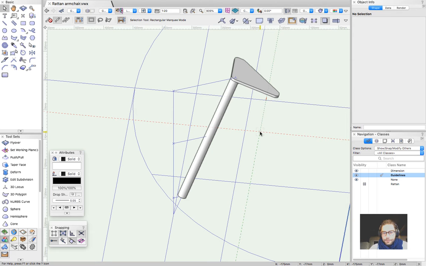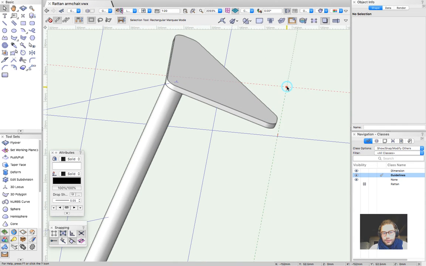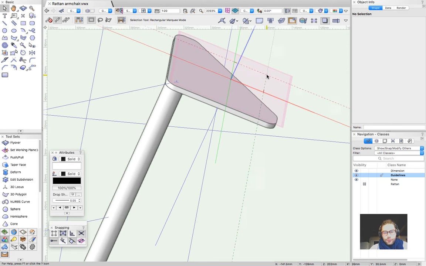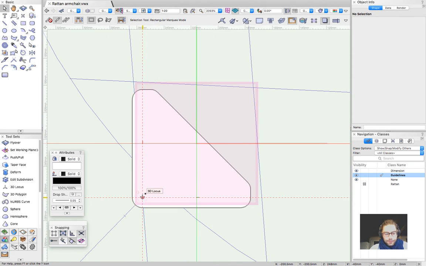Then I'm going to create another working plane that comes from this point to this point and to this point, but I don't have anything here, right? So let me restore the support 3 working plane, and I'm going to look perpendicularly and place